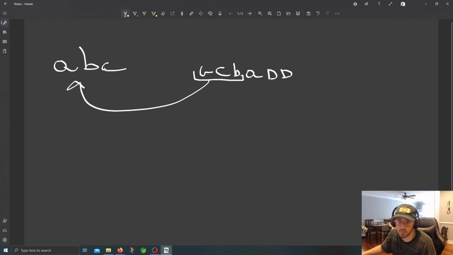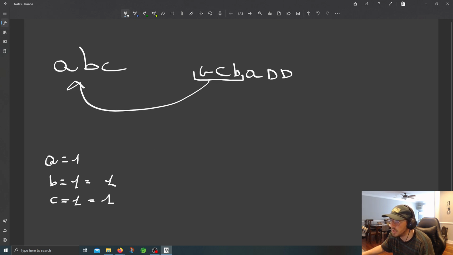We know that the frequency of ABC is going to be A equal to 1, B equal to 1, and C equal to 1. Then we get C equal to 1 even here, B equal to 1 because it's CB, and A equal to 0, and here G is equal to 1. So we know that the frequencies don't match, and ABC will never be a permutation of GCB, of course, right? But what if instead of recalculating the frequency,